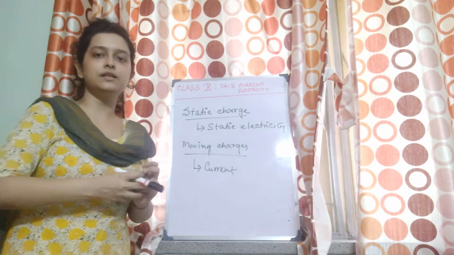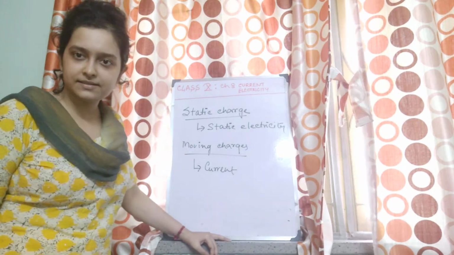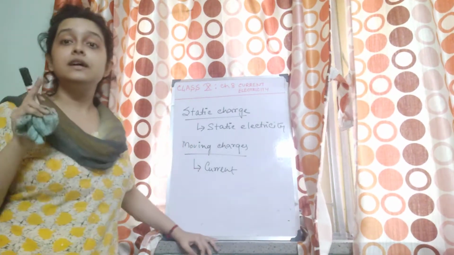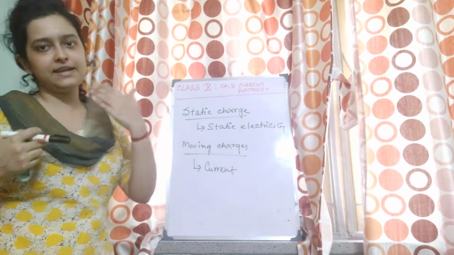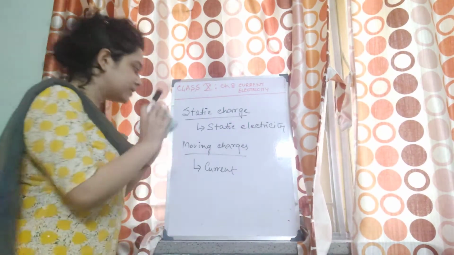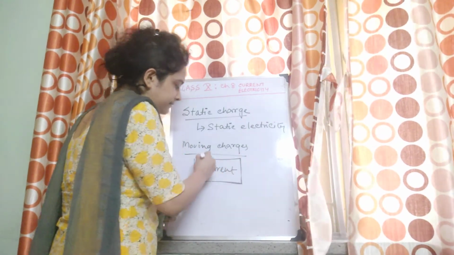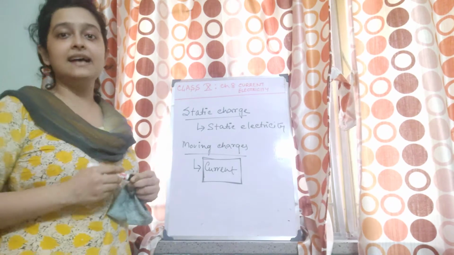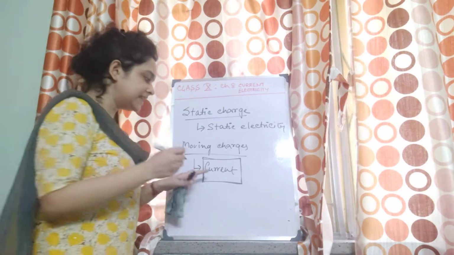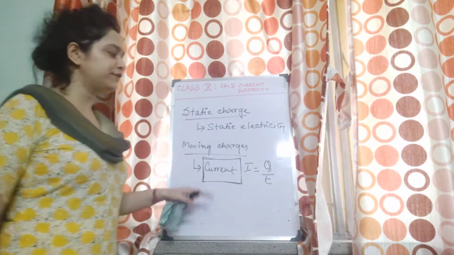So current is nothing but the motion of the charges. So in which case will we observe the current electricity? Therefore, in the conductors. But the insulators, as they don't allow the charges to flow through them, we won't be able to find this phenomenon. So there comes the concept of current. So how can I define current then? We can define current as the rate of flow of charges. We have already learned this also. Mathematically, current is equal to Q by T, rate of flow of charge.